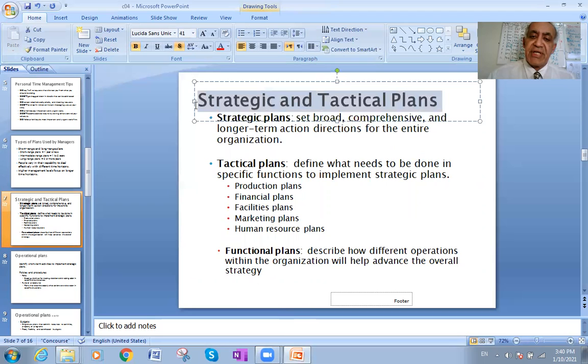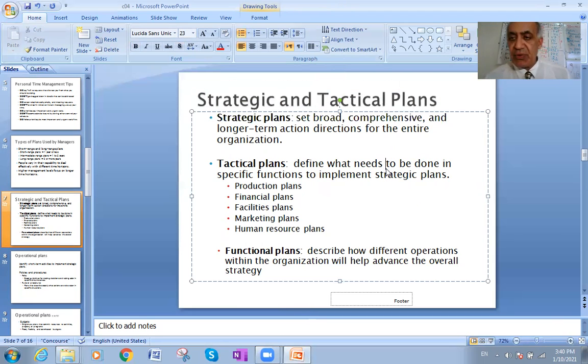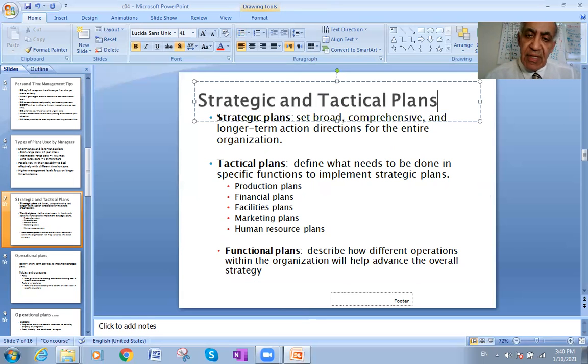What is the strategic and the tactical plan? What do you mean by strategic plan and tactical plan? The strategic plan is the one for making strategic decisions. And the word strategic means of vital importance. Those decisions you make in your life, the frequency of them is very rare. You do them once, twice, three times in your life. You are going to work in Vancouver, this is a strategic decision. You will get married, this is a strategic decision. Okay?